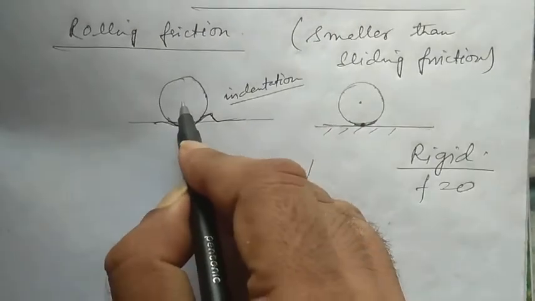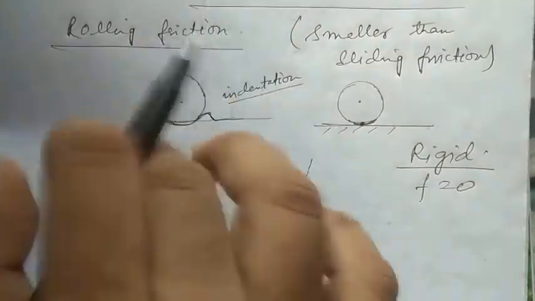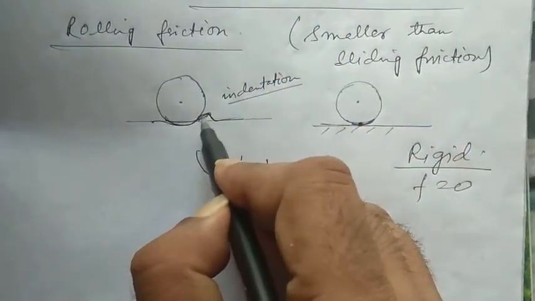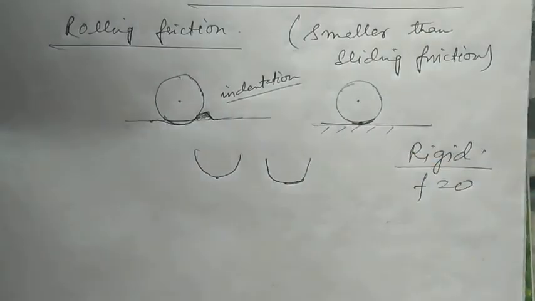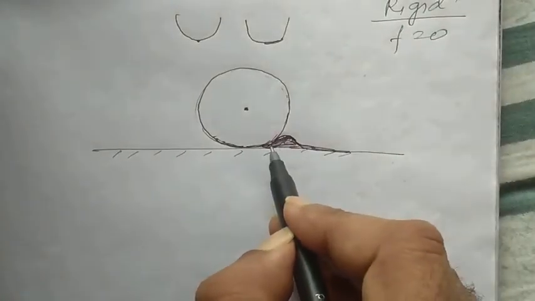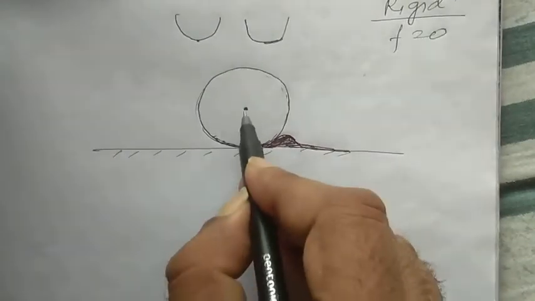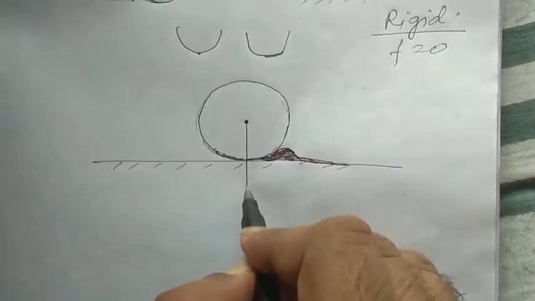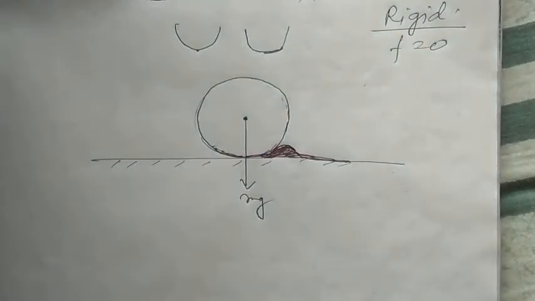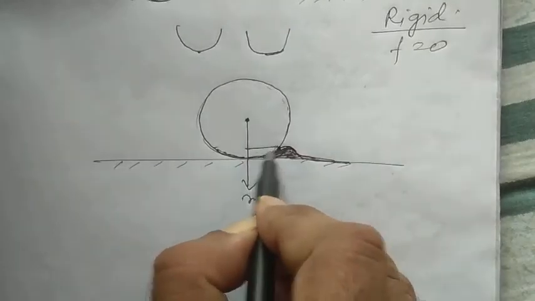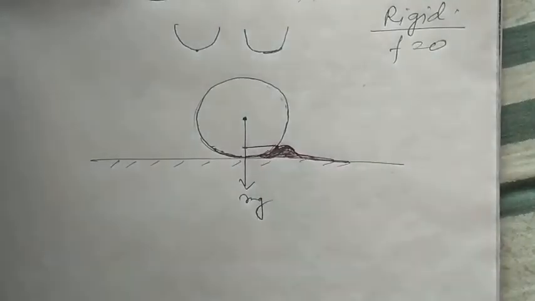The vehicle is very heavy. The ground just in the front of the wheel just swells up. This is the swelling part. Now I have tried to draw a small part of this indentation here. This is the indentation part. Now the weight of the wheel, or rather the mg, acts downwards. The distance of this point of contact of the indentation with the radius vector is, suppose, a.